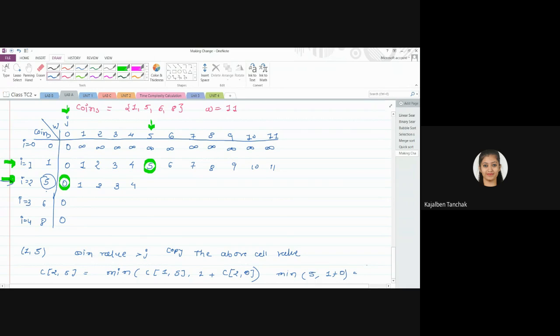1 plus 0. There is 1 plus 0. So you have to find out the minimum of 5 and 1. Which one is minimum? Obviously 1 is minimum. Right? So here I will write down 1. Or simply you can see,